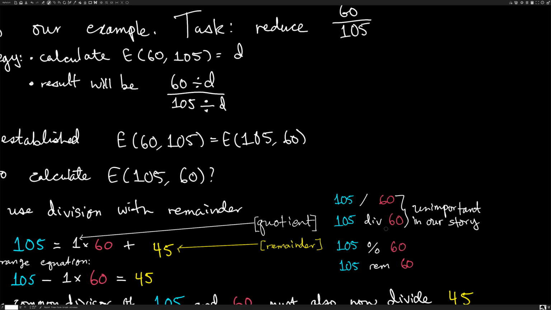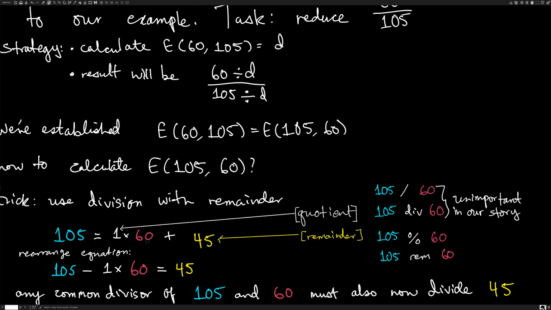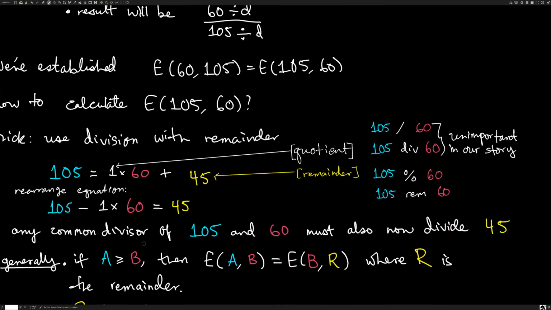And what this means, so the quotient is the result of integer division. The remainder is the remainder after doing integer division. And they have the relationship: 105 is equal to 1 times 60 plus 45. So A is equal to the quotient times B plus the remainder. That's always true. Okay, if we rearrange this equation, we have 105 minus 1 times